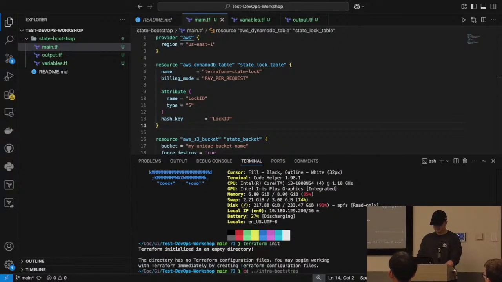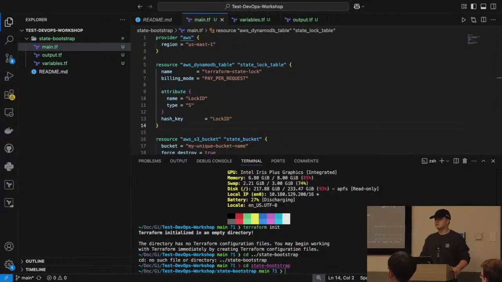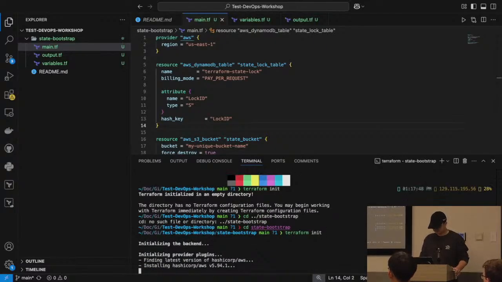Oh yeah, forgot to mention. Terraform only runs with the main file that's in your current directory. So if you're not in the directory and try to run it, it's going to give you issues. But this also lets you separate different infrastructure types within the same repository. So now that we're here, we can run terraform init. And this should work fine. There's a big flaw in our current code that we're about to encounter soon, but it should not affect our init.